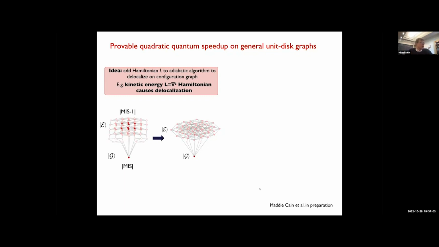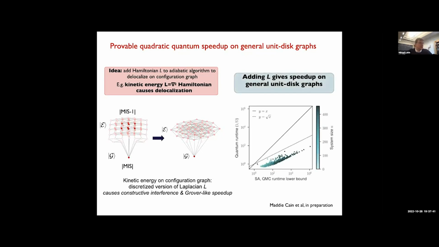So one direction is to really see whether we can actually obtain a provable quadratic speedup. And it turns out that it's possible under the conditions where you can actually prepare the states where, in this solution space of pretty good solutions, but not perfect solutions, you can really create these delocalized states. And actually it turns out that it's possible to engineer them by engineering the Hamiltonian appropriately. And in these cases, you can basically prove that you will have a Grover-like speedup for these instances, as